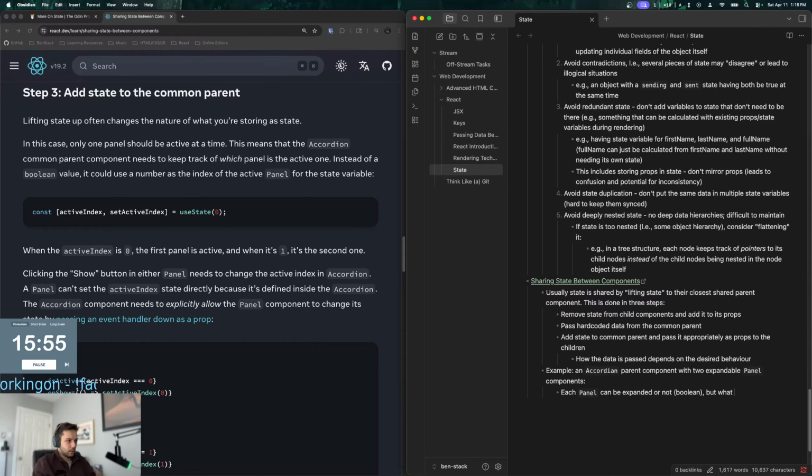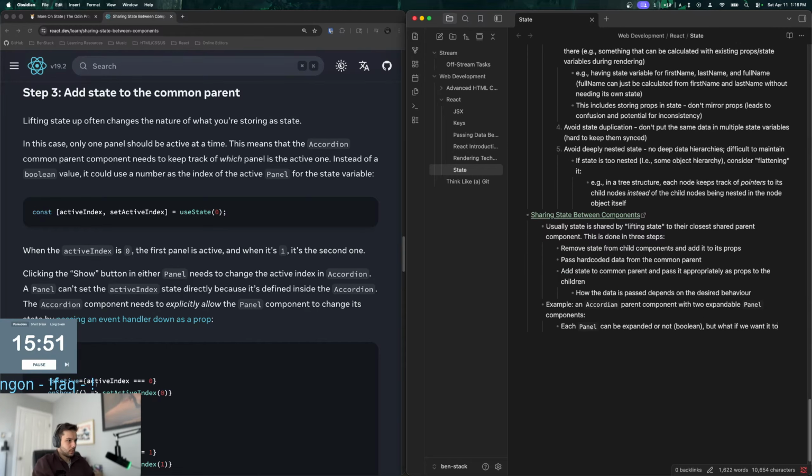But what if we want to refactor so that only one panel is expanded at a time?